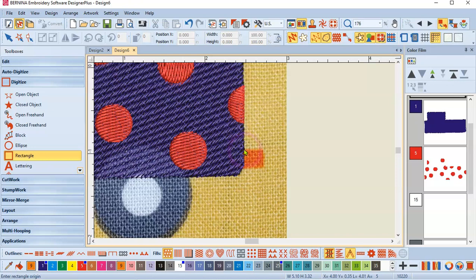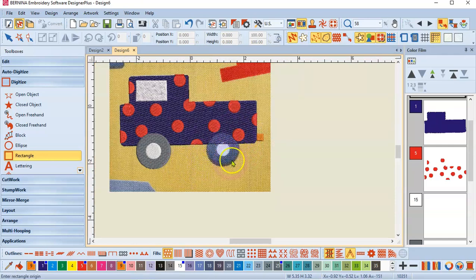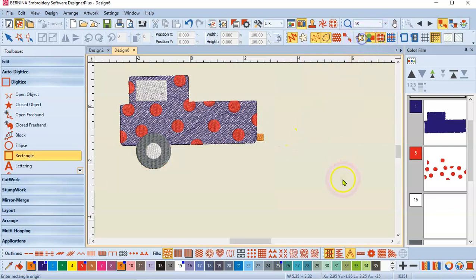So I'm going to do the rectangle this time. Click and drag, and click, and there it is. Okay, I didn't do the second wheel because I'm going to just finish this wheel and copy to that one. All right. So now I'm kind of finished with the little picture, so I'm going to dim that artwork and